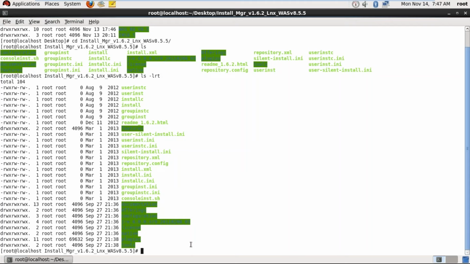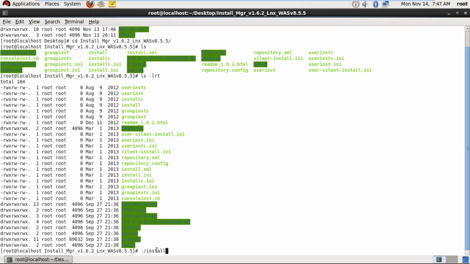We can execute directly. For execution, use dot slash. Dot means the current directory. Slash means the root directory, which contains administrator privileges. So here I'm executing this command in the current directory using root privileges, so I have given dot slash.